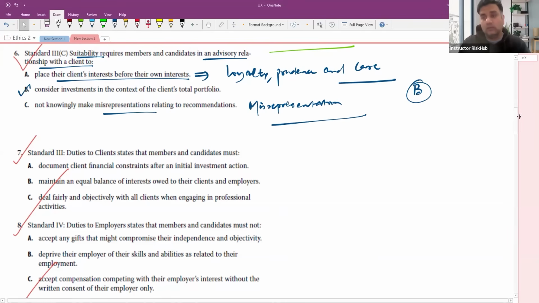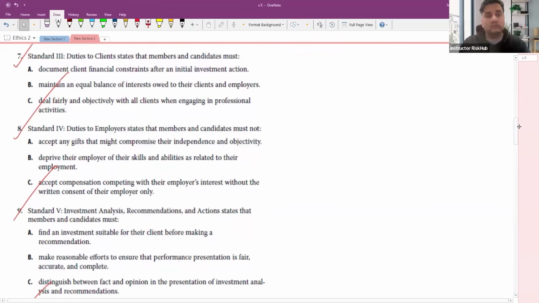Okay. Next one, when we go, is: duties to clients state that members must, right? What are the members' duties? Document client financial constraints after an initial investment action. Again, this is